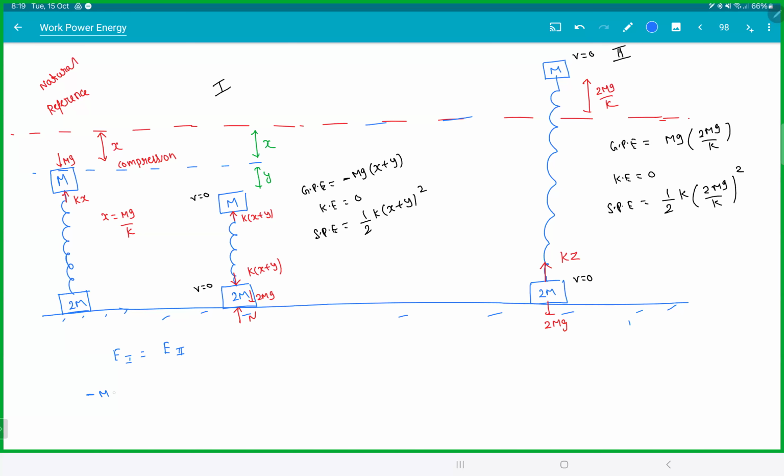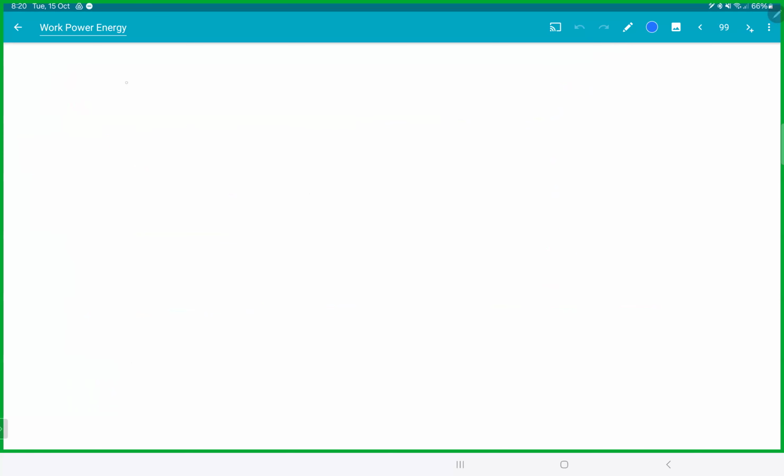This would be minus mg(x plus y). x is mg by k, plus half k(x plus y) whole square. I think I better write in the next page. Minus mg, x is mg by k plus y, plus half k(x plus y) whole square. (mg by k plus y) whole square is equal to final is